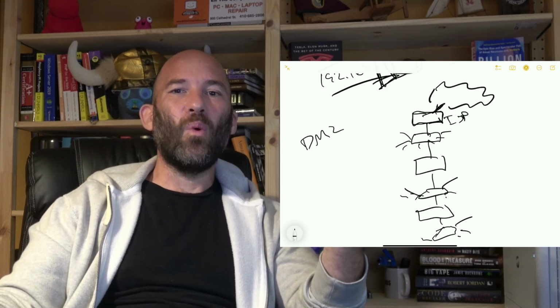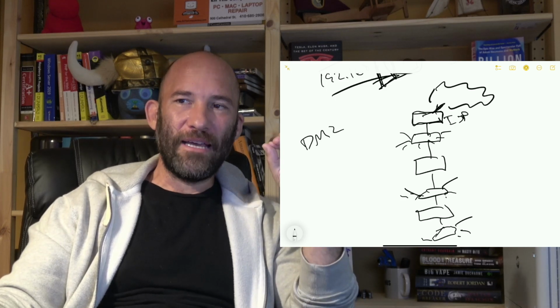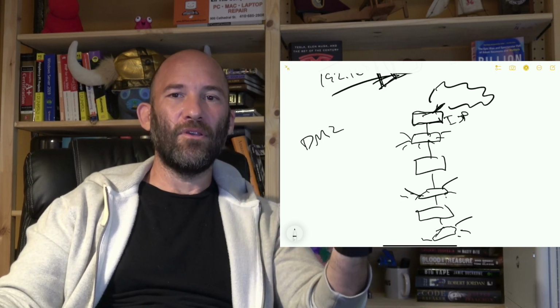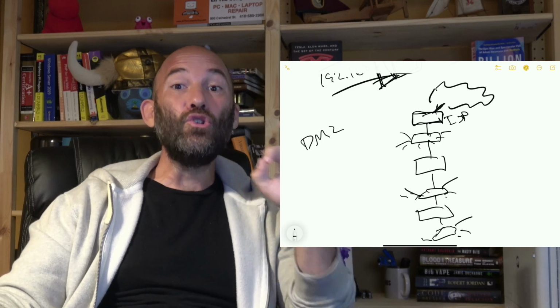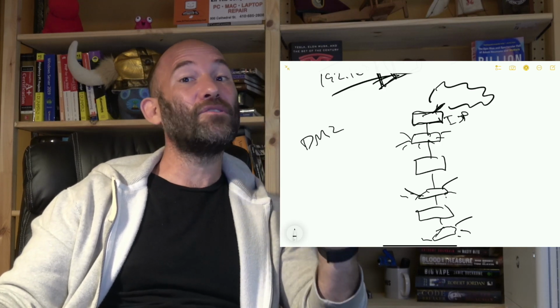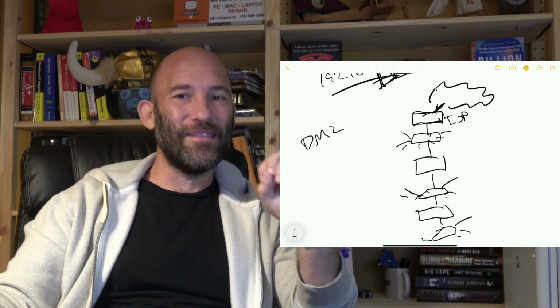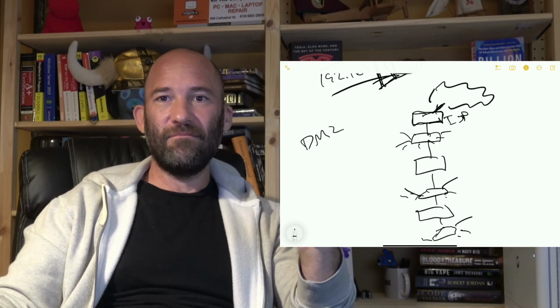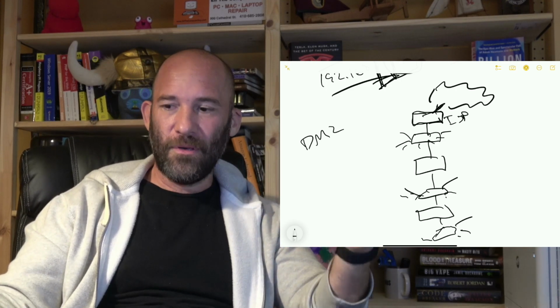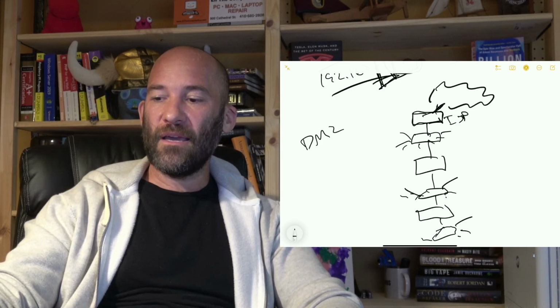what if I want a guest wireless network? I want the guests at my facility to be able to use a wireless network, but I do not want them to be able to see my servers. I do not want them to be able to see the normal user computers. So what can happen here is I can create a